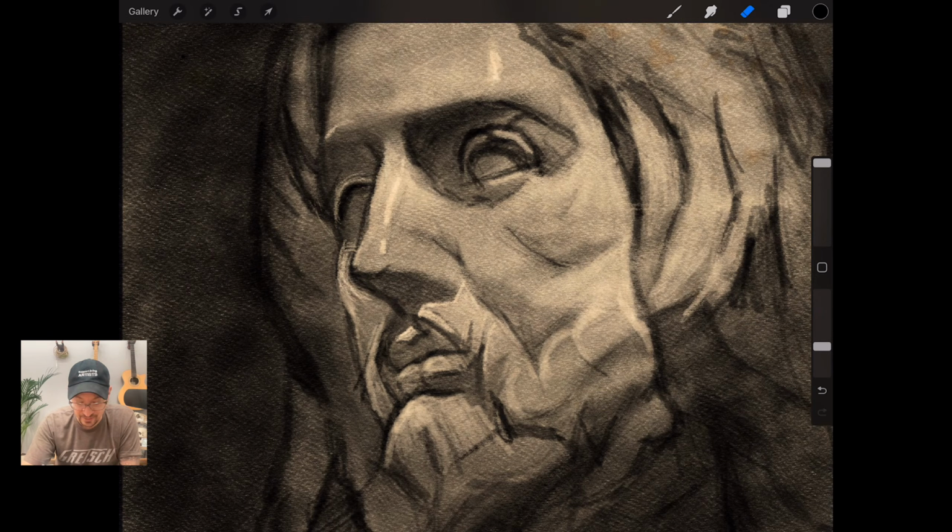Just studying Bernini for form is just so enlightening. It really is. Okay, now I'm going to actually put my pencil in here. I'm going to just glaze over some areas, this far side of his cheek. Now I kind of feel like it's drawn in place better. Come in and just simplify what's going on. I don't love